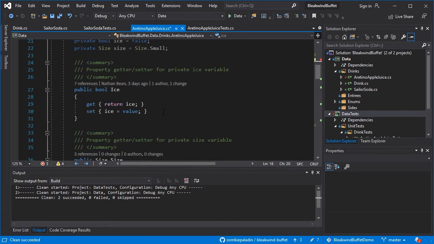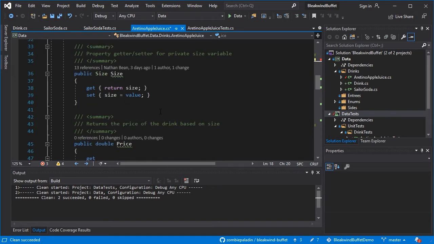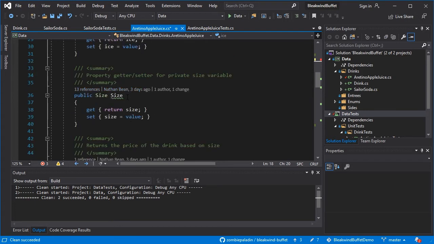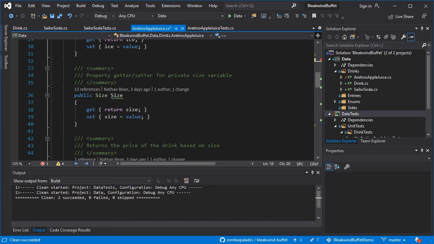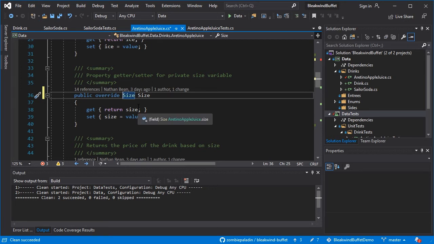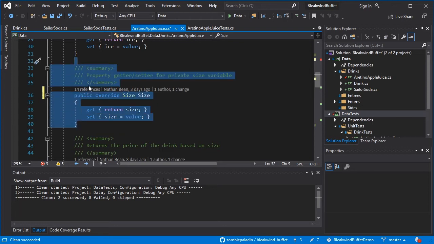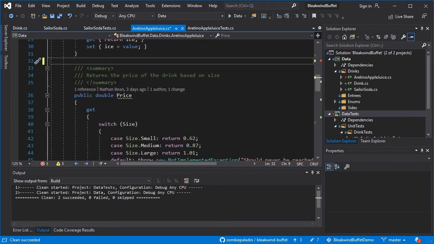Now if we go in here and we actually look, for example, we're declaring the size, and notice here it is telling us that we are hiding the inherited member drink.size. So drink defines a size for us, and now we're defining a second size which is overriding that. So we would either want to have an override keyword in front of this to say that this is going to be the size for the apple juice instead of the one out of the base class, but because that is virtual, we can go ahead and use the one out of the base class, and we can just delete